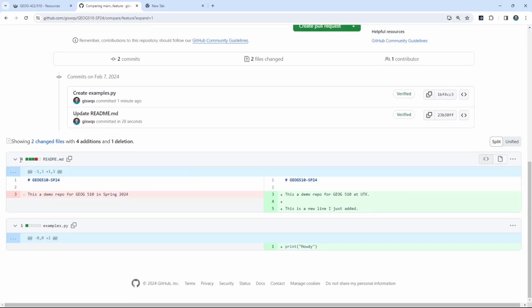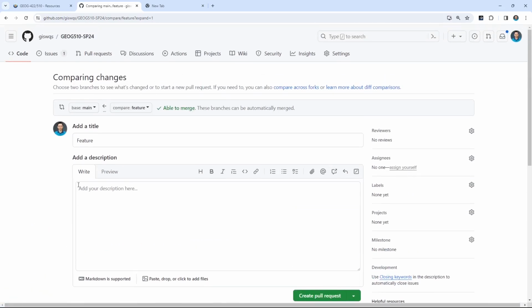They're going to show you, right, the README file. Red color means you delete something. Green color means you add something. So clearly you see earlier, this original file, it was like Spring 2024, but now I delete something, I say here, and also add a new line. Also, this is the new file I just added. So there are different ways you can